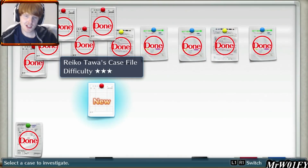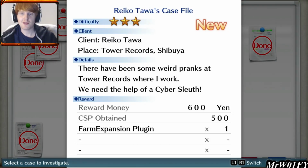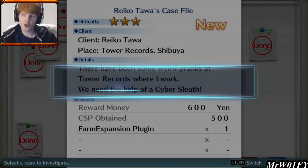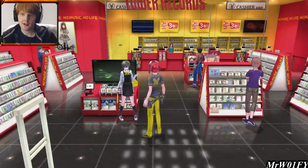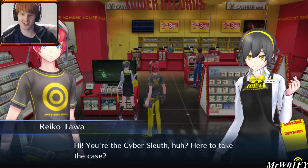So 3-star difficulty, Rico Tawa's case file. Let's have a look at this. There have been some weird pranks at Tower Records where I work. We need the help of a cyber sleuth. So unfortunately, I needed to come all the way back to the bulletin board here and then get transported all the way back downtown. I don't understand why this was a necessity, but